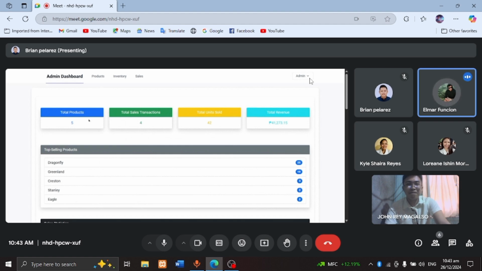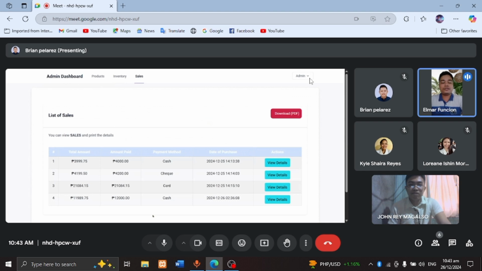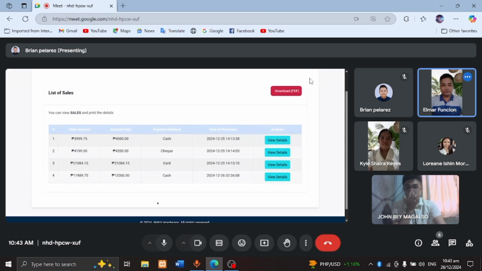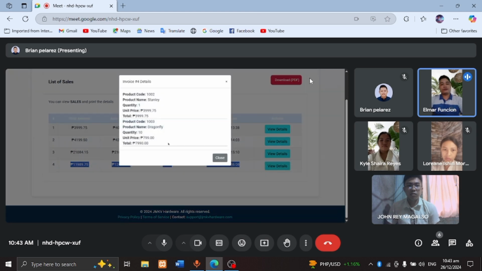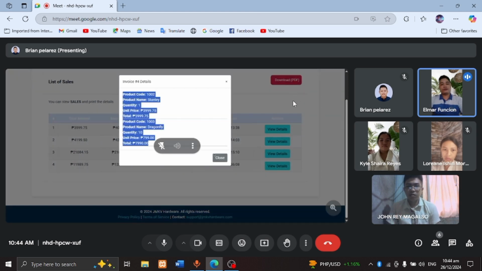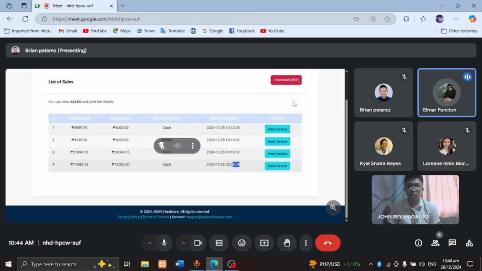We're going to see if the sales reported from the cashier UI will be added to our list in the admin. As you can see, the sold product is added to our list of sales in the admin. These are the products that had been sold.